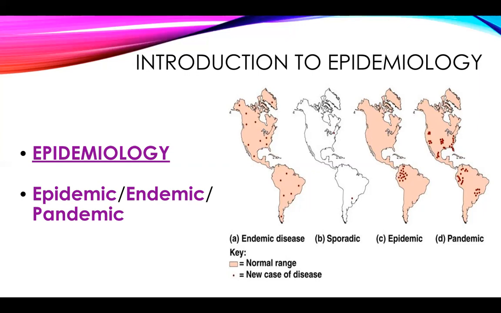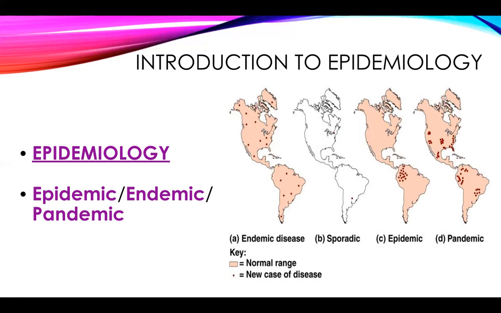It is to be expected. You can count on it year to year in that area. And so that's what endemic means, that there are diseases that are just kind of the norm for that given area. An epidemic is where you see a disease that is either not endemic to the area, or it is happening in a much larger number of cases for that area than what we would normally expect, right?